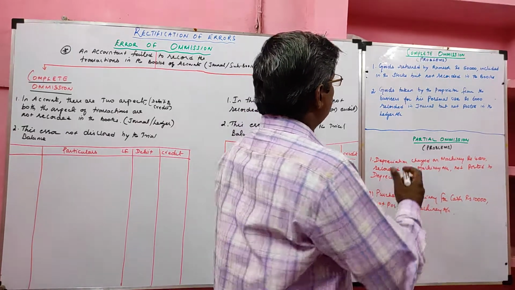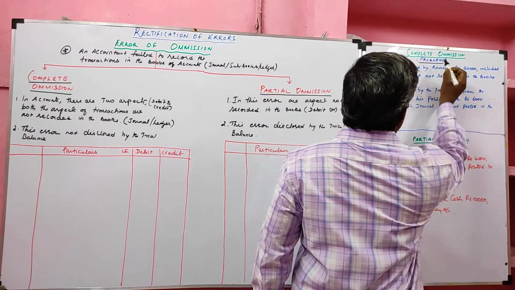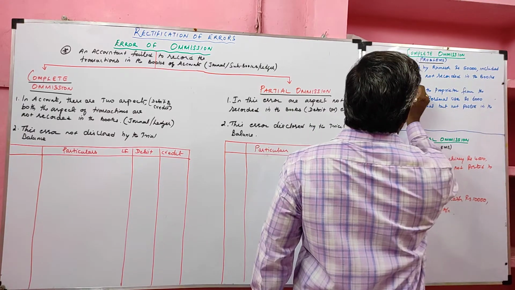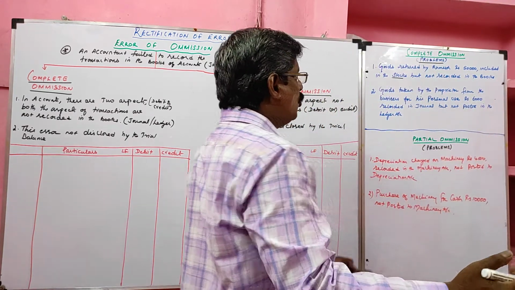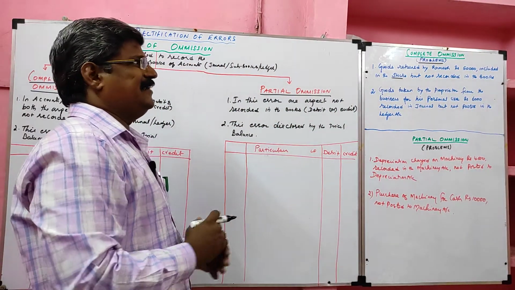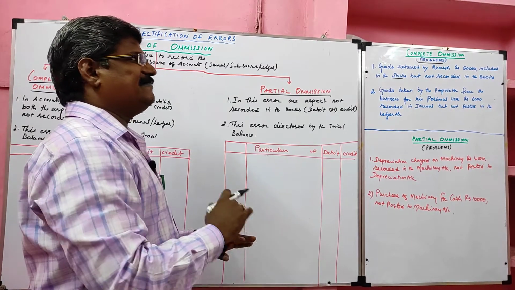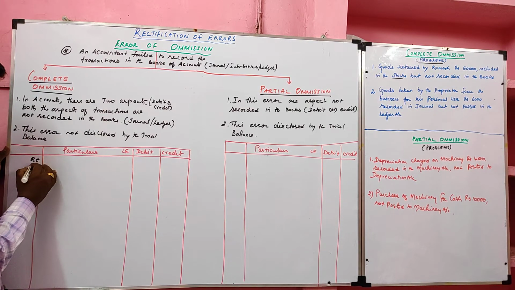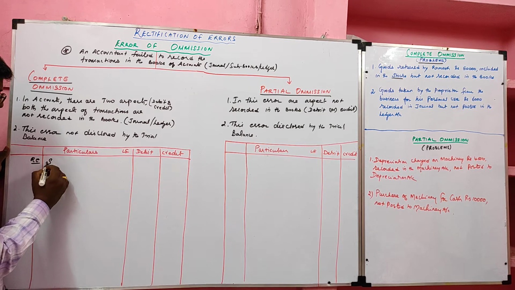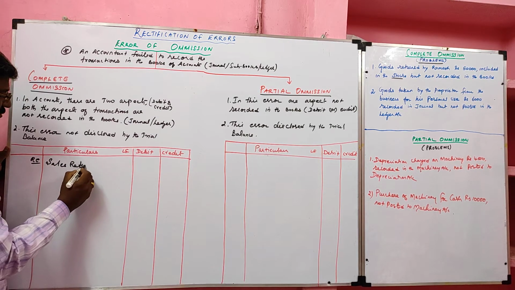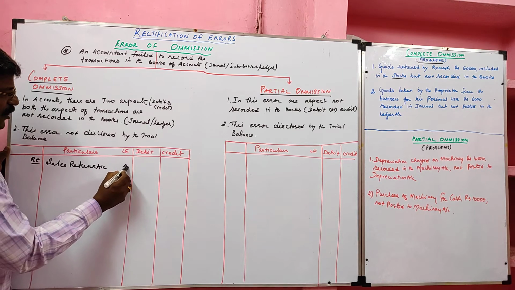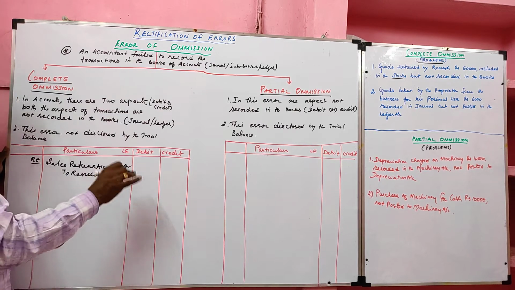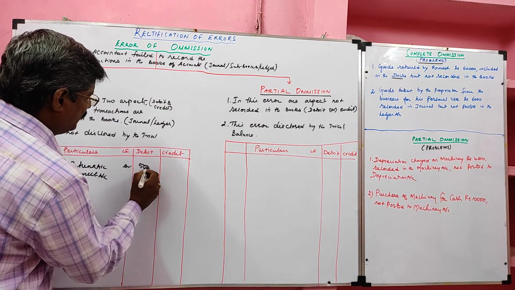Look at the board. Complete omission problem. Goods returned by Ramesh, 50,000, included in the stock but not recorded in the books. Goods returned by Ramesh is called sales return, included in the stock but the transaction itself not yet recorded. So the actual entry is considered to be the rectified entry. The actual entry is sales returns account debit to Ramesh. So in case of complete omission, the correct entry is the rectified entry. Value of the transaction is 50,000.